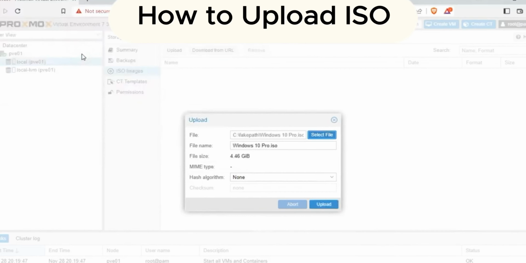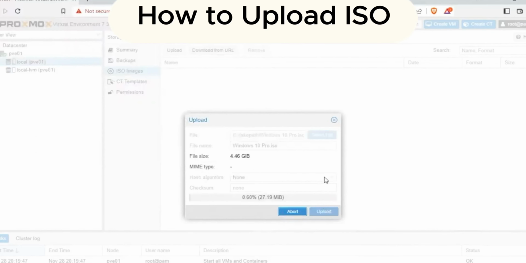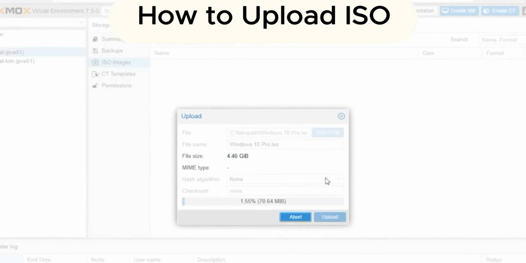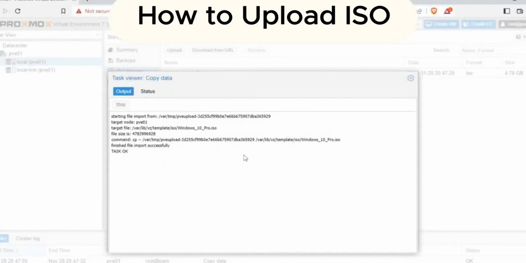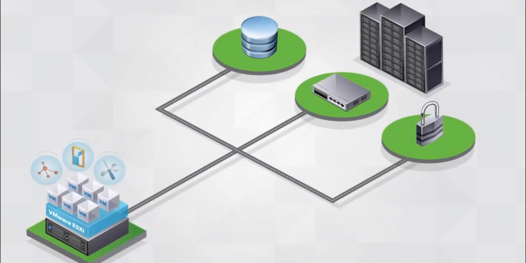Now the image is uploaded. It will take a few minutes, and as this process is completed, we will go with the next step. Now the file upload is completed, and we will proceed with the deployment of the virtual machine.